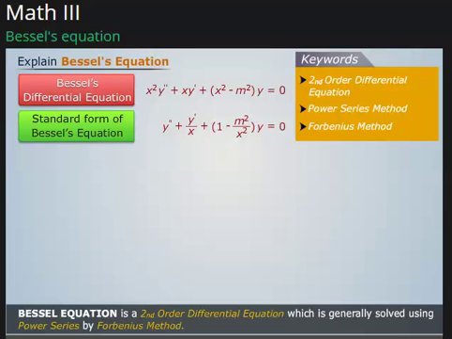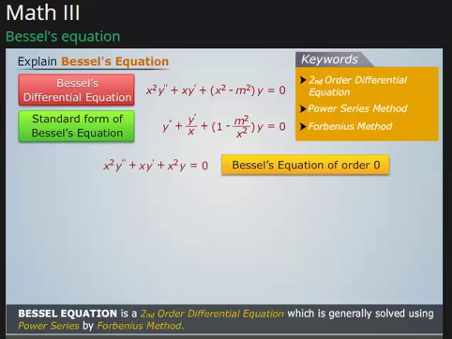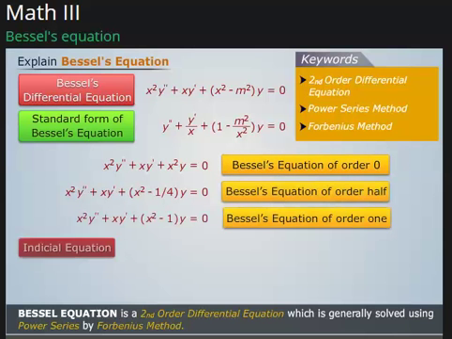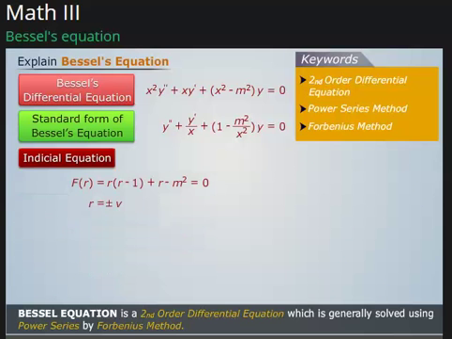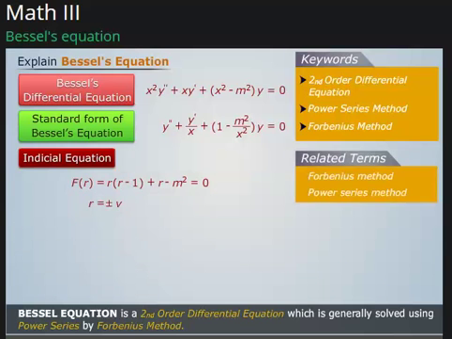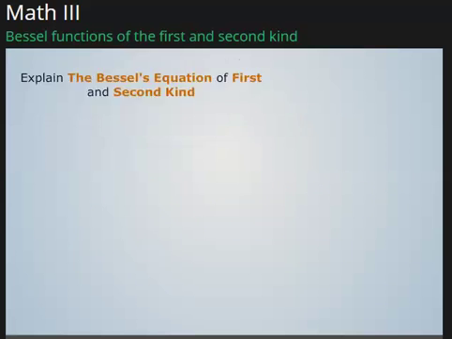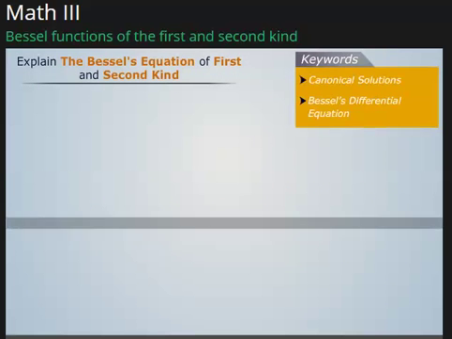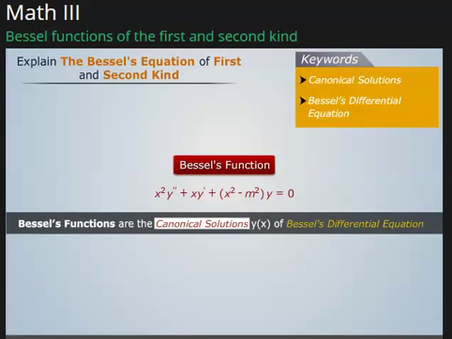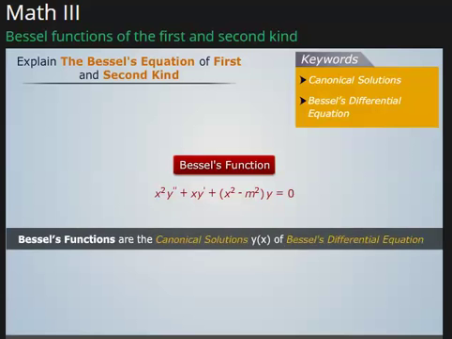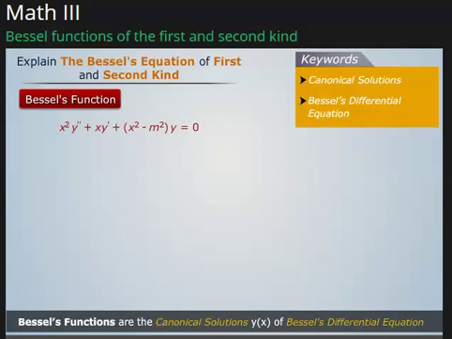The different order Bessel equations can be written as. The indicial equation is. The solution of the indicial equation is. Related terms are. Of first and second kind. Bessel's functions are the canonical solutions y(x) of Bessel's differential equation. We generally study the Bessel's equation of